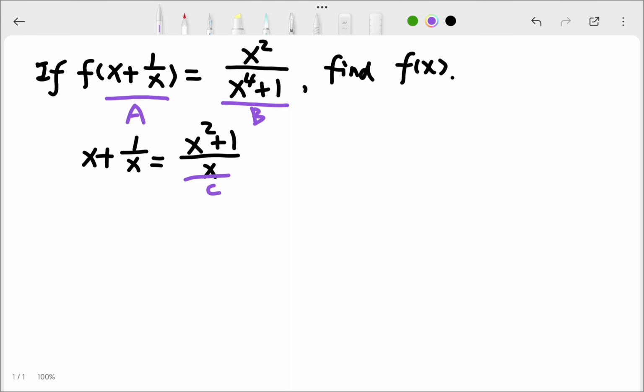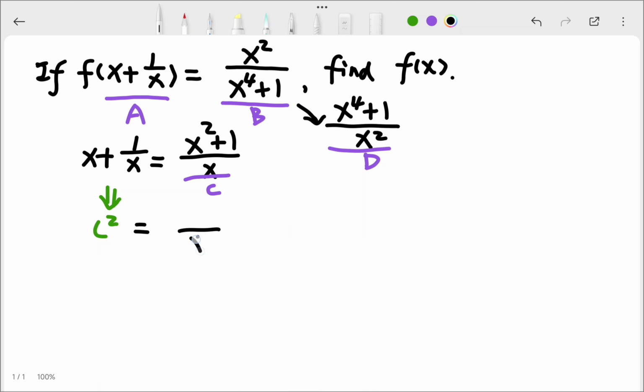And when we compare c and b, if we could flip one of them, and I'm going to flip b, but later we can always flip this back, okay? So right now, let's do this, and call this d. Now, to get d from c, we need to square c. So let's do c squared